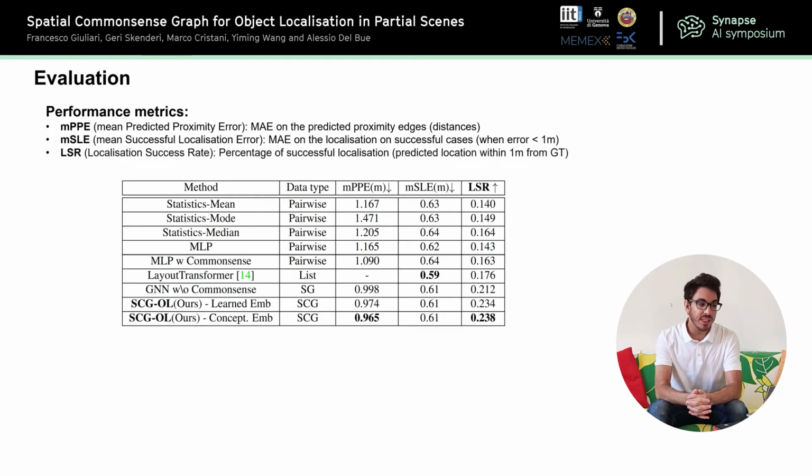And finally, we have the LSR, that is the main metric that we use when comparing against different methods, and is the localization success rate, and is the percentage of successful localization across the dataset. And again, successful localization is when our predicted estimate is within 1 meter from the ground truth location. So we tested some statistical baseline first in order to understand the difficulty of the method, and then we started